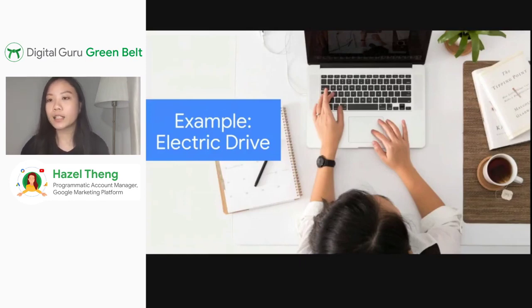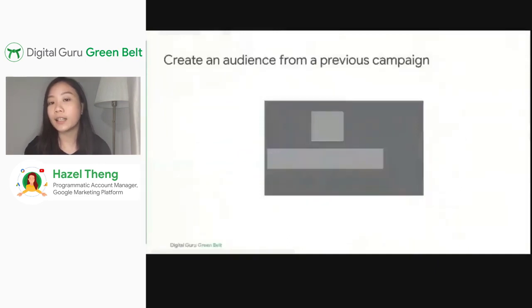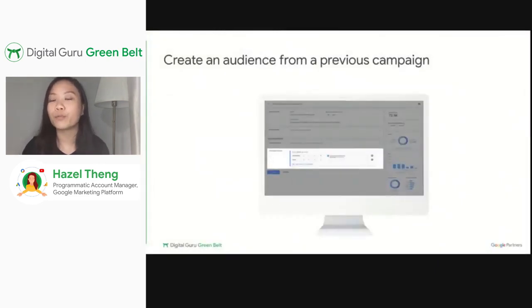Now, I just want to take this opportunity to bring you through an example here, so that we can bring the audience tool and the audience module on DV360 to life. How do we leverage the audience module tools on DV360 in a real-life media planning example? Imagine Cindy as a buyer at a major media agency. In this example, she works on the account of a well-known automotive brand, which we'll call Electric Drive.